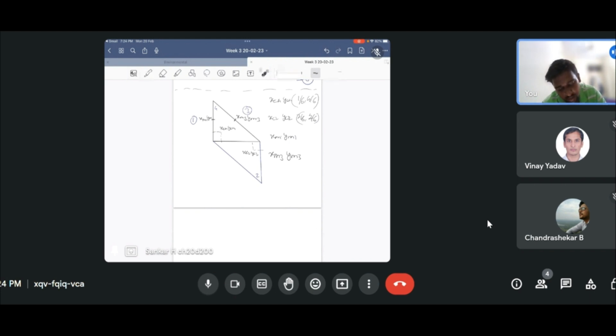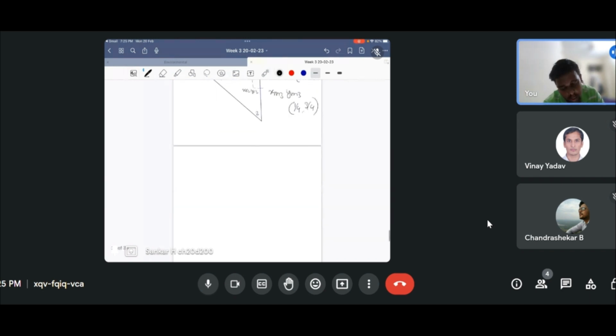And xm1 would be, since this is the entire triangle, this should be 0.5. This would be at the midpoint, so this should be 0.25. Therefore, this total length should be 0.75. So ym1 would be 3 by 4, and xm1, since it is on the y-axis, xm1 will be 0. Now xm3 will have the exact y coordinate over there, so ym3 will remain as 3 by 4 and xm3 will be half of this distance. This is 0.5, therefore this would be 0.25, or 1 by 4. Now that we have the coordinates of all the points, we can move forward and find out